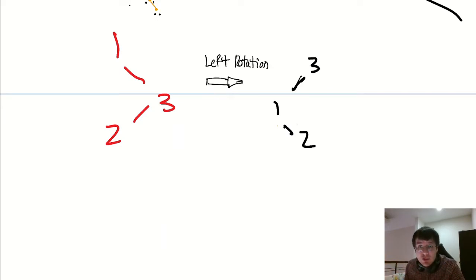But yeah, we didn't fix the original problem. If you go ahead and measure the height of this, we have 0, 0, we have 0, 1, and then 2, 0. So we took a right heavy tree and made it into a left heavy tree, but didn't fix anything. And if you try to rotate again,